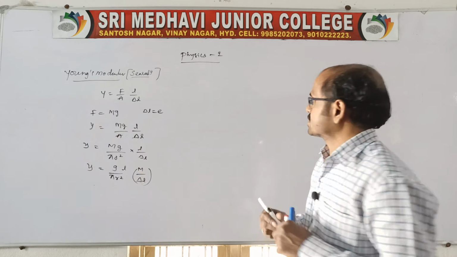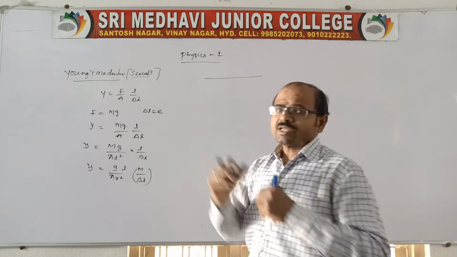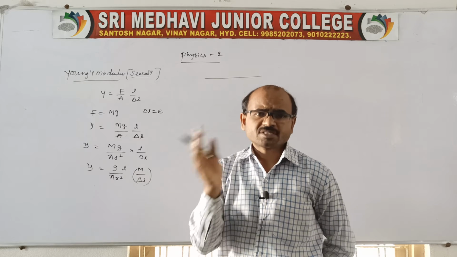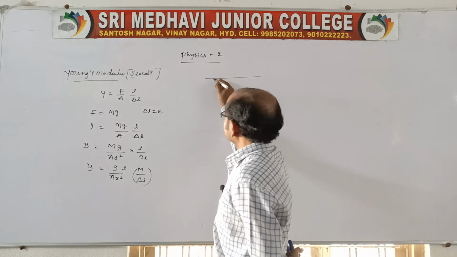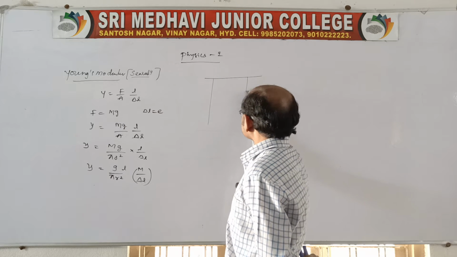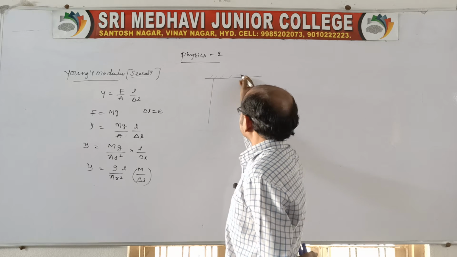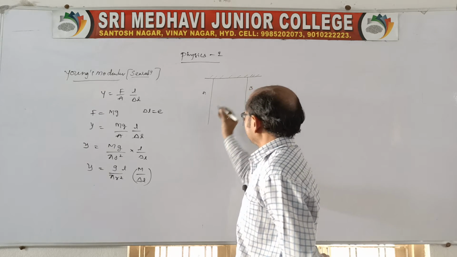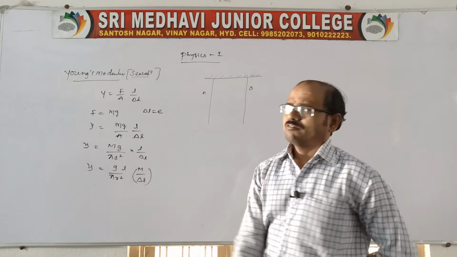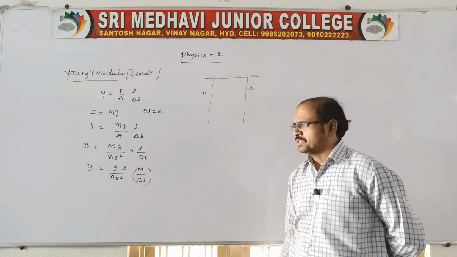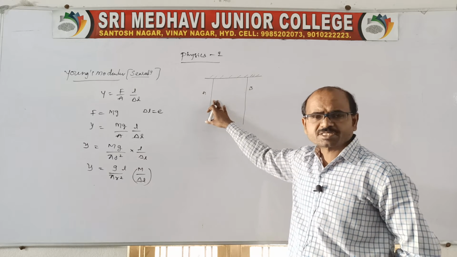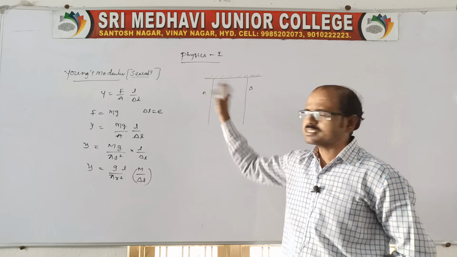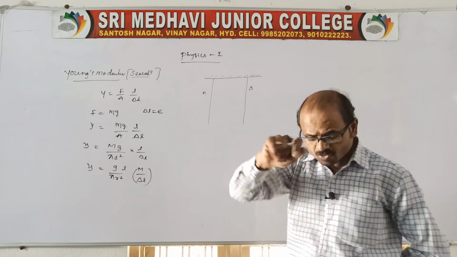This experiment consists of two wires of the same material, that means the same density. The two wires are suspended from a rigid support, and the lengths are the same, of course. One wire is A, another wire is B. One we take as the experimental wire, the other as the reference. You can take A as the reference, or you can take B as the reference, or reverse it, no problem. Now come to the point.